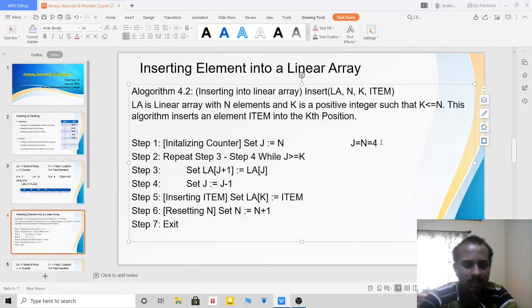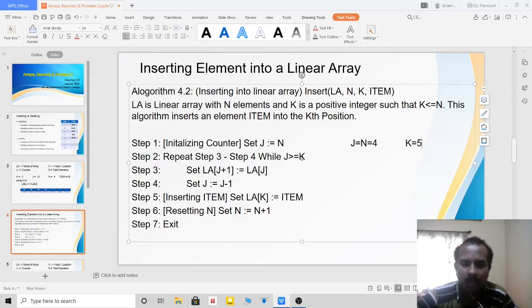I want to insert at the kth position, which is 5. Okay. Now I'll initialize j is equal to n, that is j is equal to 4, and I'll come to the second step. In the second step, I'll check whether j is greater than or equal to k. J is 4 and k is 5. No, it is not greater or equal to k, but it is lesser than k.